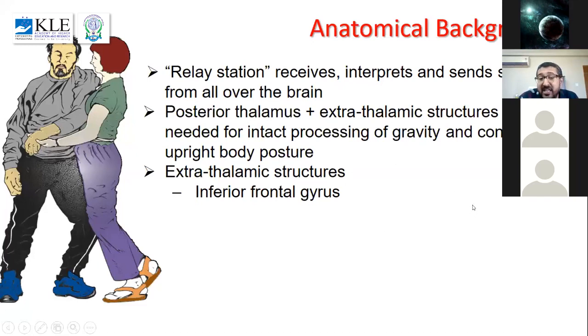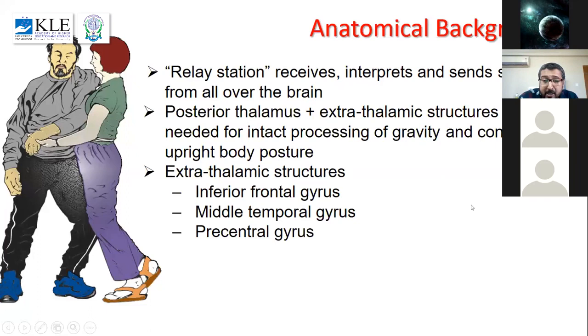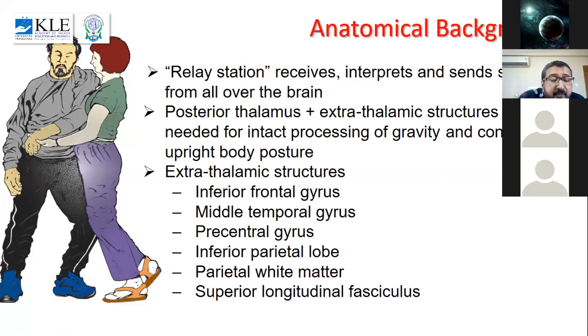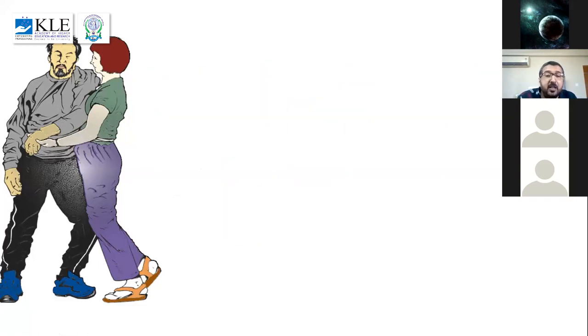Cortical structures like the frontal lobe, temporal lobe, precentral gyrus, inferior parietal lobe, then parietal white matter, that means the subcortical structures, including the superior longitudinal fasciculus, the long association fiber spanning between the frontal and the occipital lobe. So naturally, it's a very complex connectivity, and all are basically for maintenance of upright posture